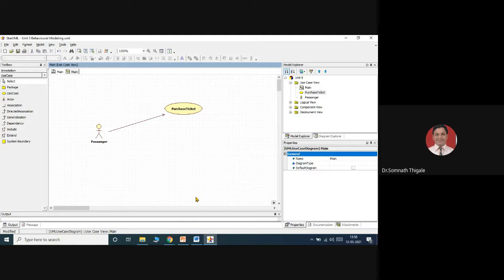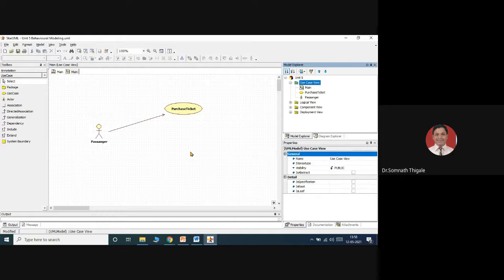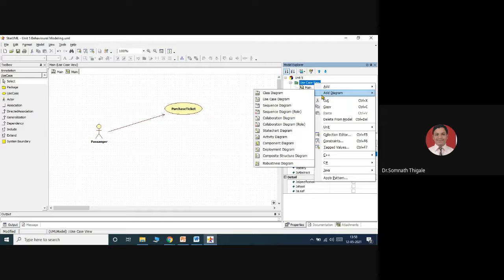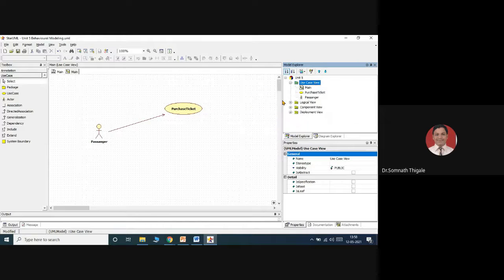Now let us consider one more example to understand. So I hope you are aware about this concept called as what? Actor. So simply remember, actor is nothing but any external element. So let us consider an example to work out with this. Right click, add diagram. I will consider the use case diagram. So select the use case diagram.